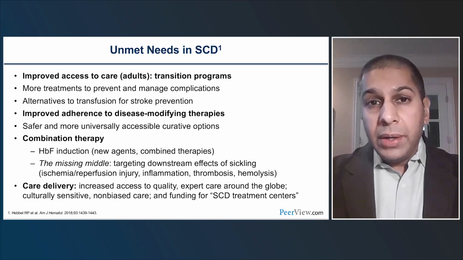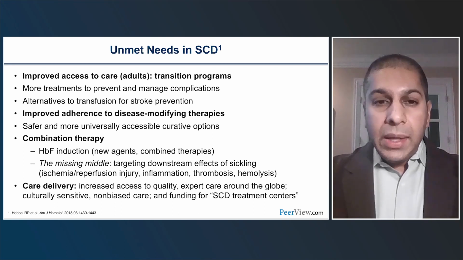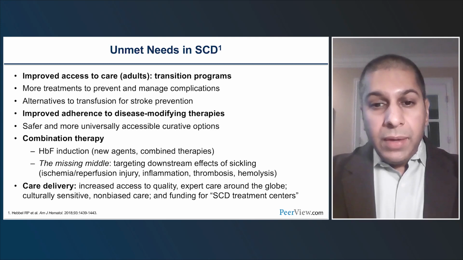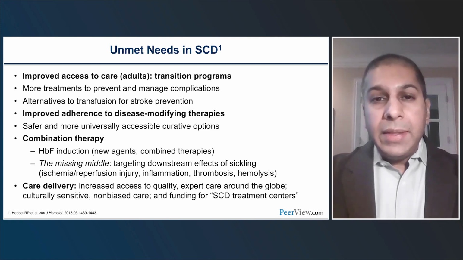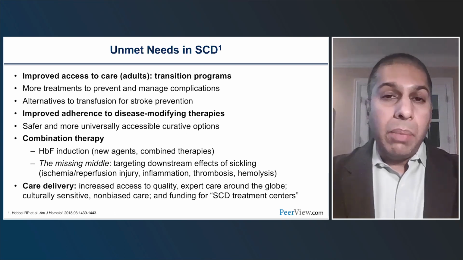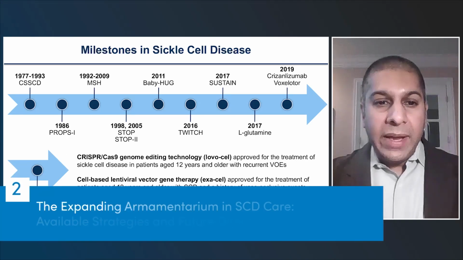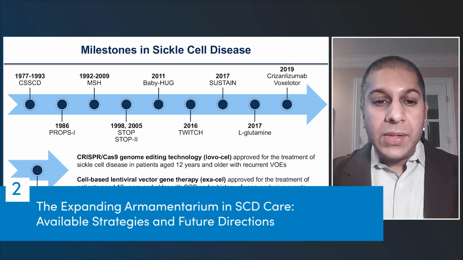We have a lot of different targets, but perhaps including them together may have synergistic effects on the course of sickle cell disease. And then care delivery. And this is important both in the U.S. as well as globally. So you want to have access to quality care, culturally sensitive care, non-biased care, and then sickle cell disease treatment centers where you can have expertise in both the acute and chronic complications related to sickle cell disease are important. Let's now review the sickle cell disease management landscape with the focus on some newer developments